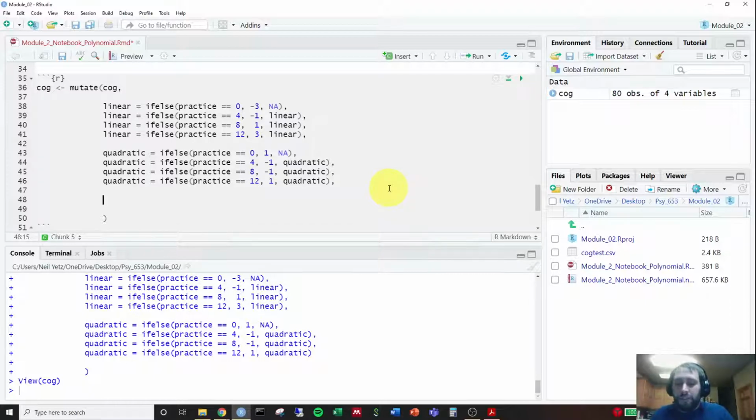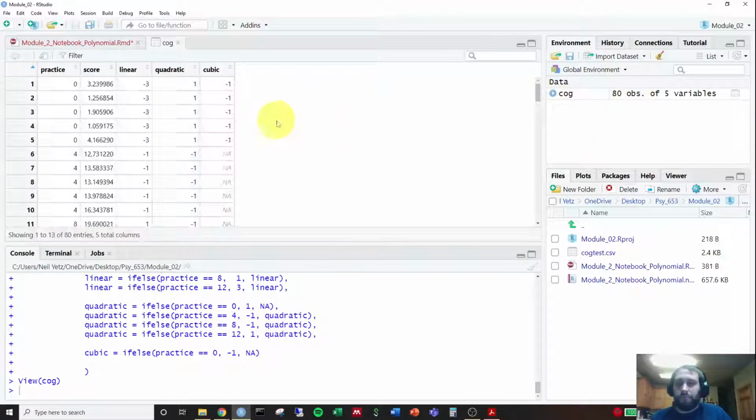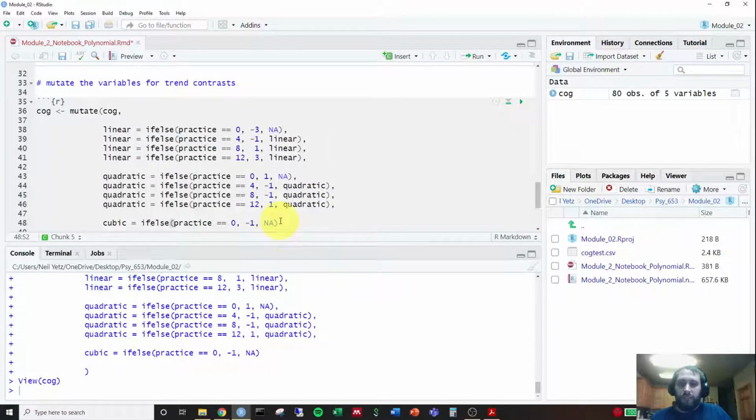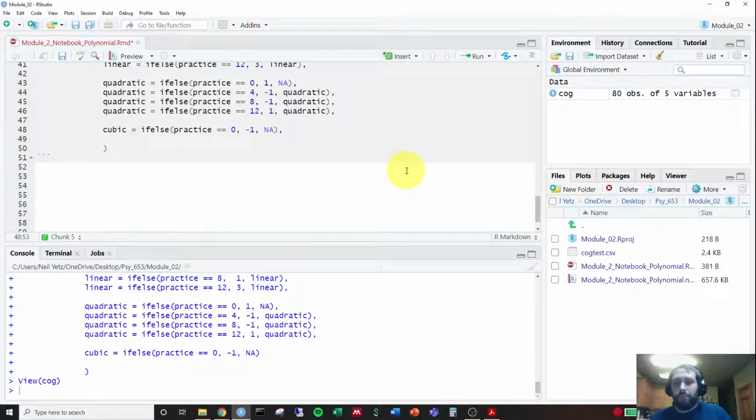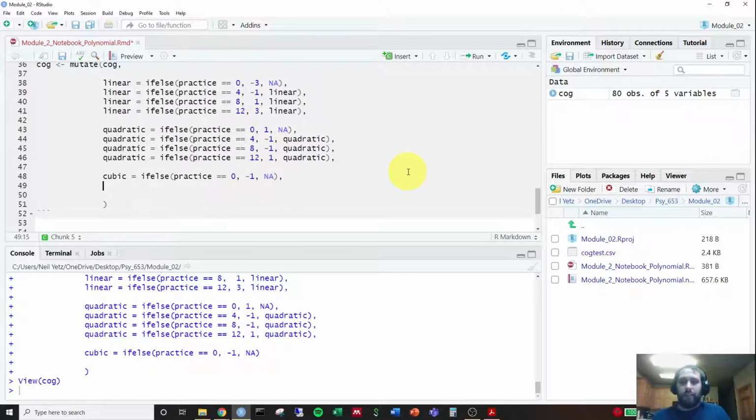So now we're going to create a new variable called cubic, which is going to equal if else. If practice is exactly equal to 0, comma, it is going to be -1. Else, set it to NA. We're just initializing that variable. And I'll go ahead and press play real quick. We have 5 variables now. So now whenever practice is 0, cubic is -1. Then we do comma, keep it all in there, comma, cubic equals if else,